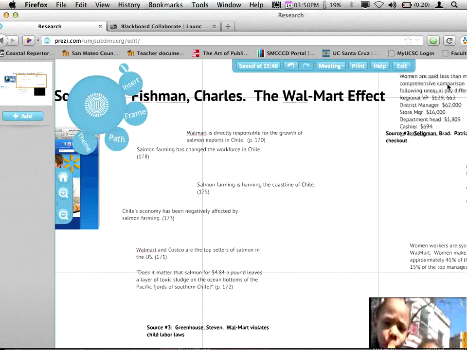So where before students have been resistant to revise, now all of a sudden students think revising is fun because they can move things around, right? Let me show you a different example.